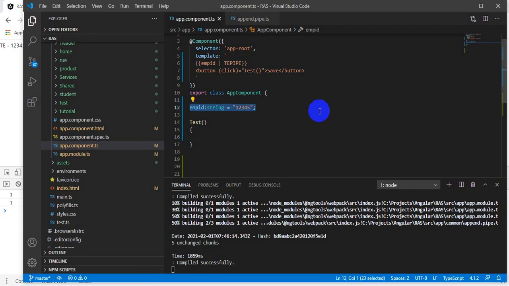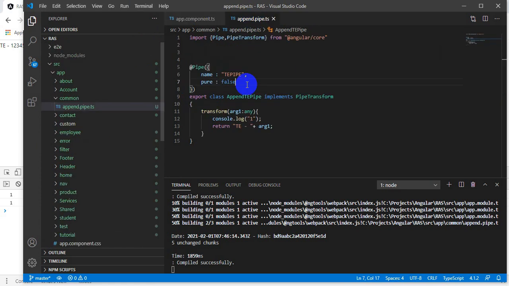So what's the difference between pure and impure pipe now? Pure pipe will execute only when the source value gets changed, and impure pipe will execute whenever a change detection occurs in Angular. Now we can see in our case we have just a single line of code inside the transform method. Suppose you are creating an impure pipe where your transformation logic has around 500 or 600 lines of code.